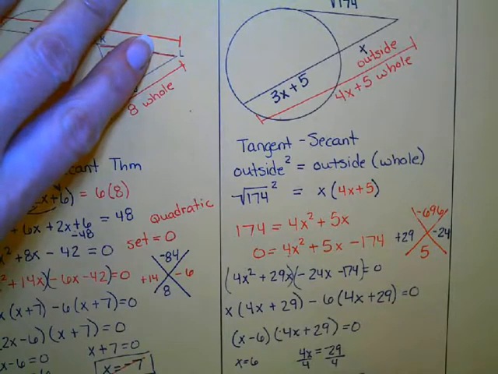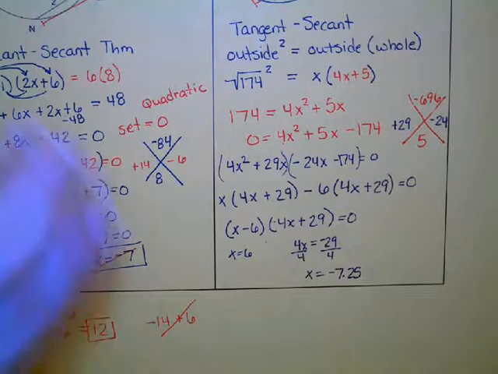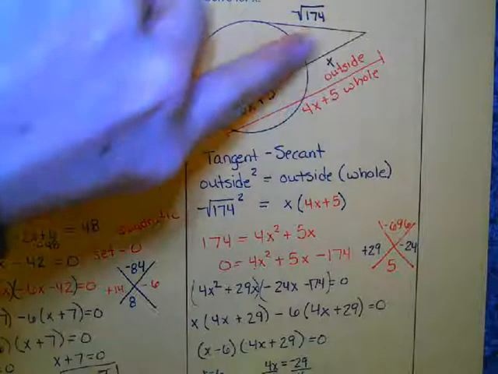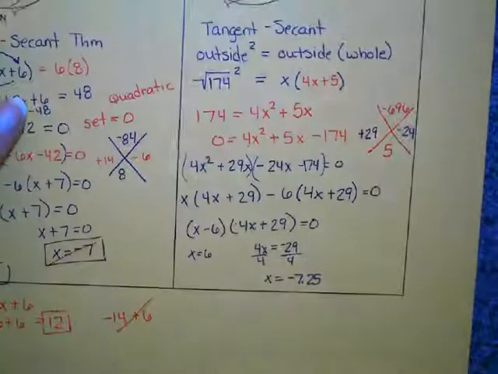Alright, let's see, it says solve for x. Hey, that's all I had to do. If you want to put it back in, if you look at this picture, x cannot be negative because x represents the part on the outside of the circle. So in this particular one, I'm only going to circle the x equals 6 because we can't have a negative side or a negative part of